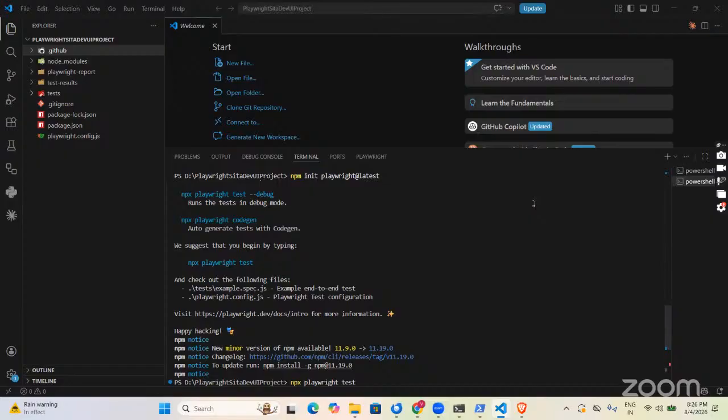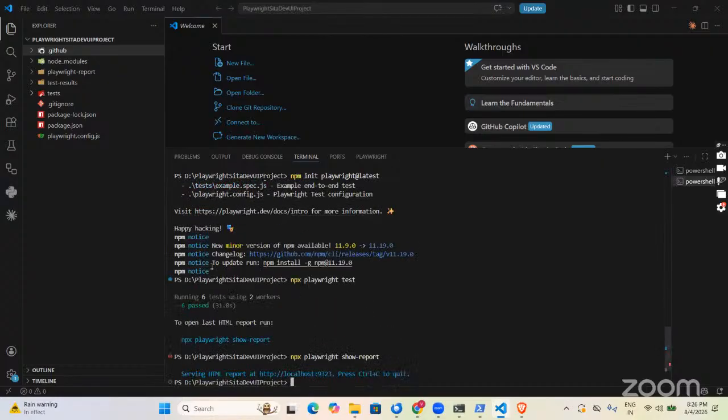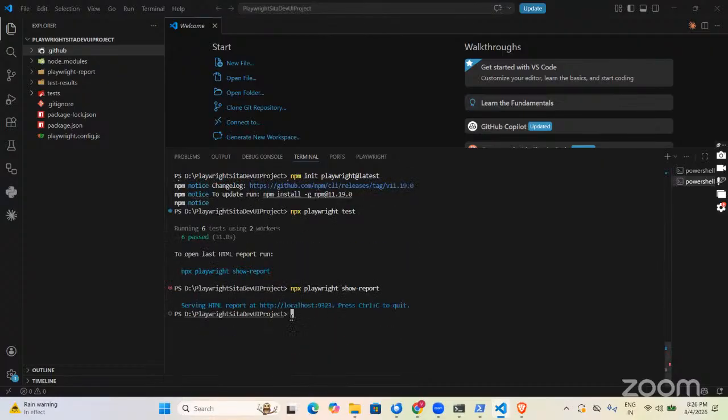Okay. In our tomorrow's discussion, we will deep dive into each of these folders in detail, how it got created, what this command is doing, how we got 6 test cases to pass, how the report got generated, how the report is configured, what are the different parameters which play a role in the report. Okay. And we will add some more additional